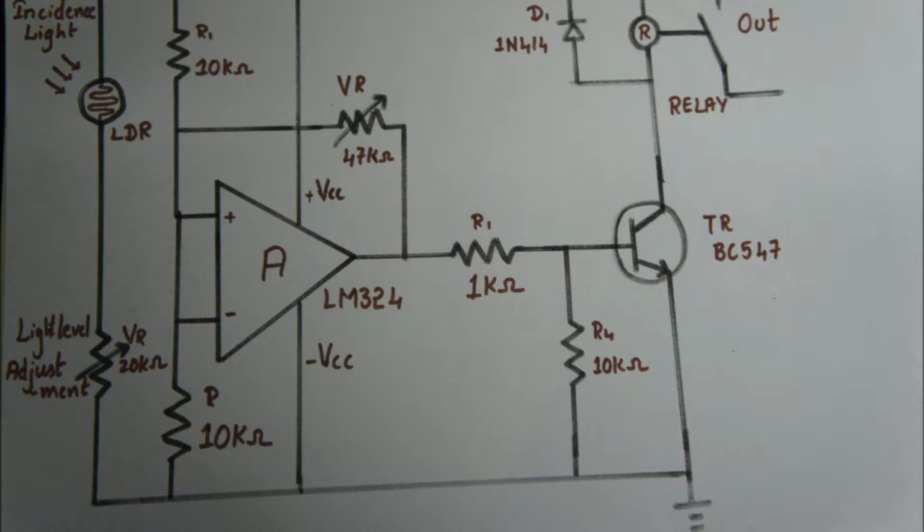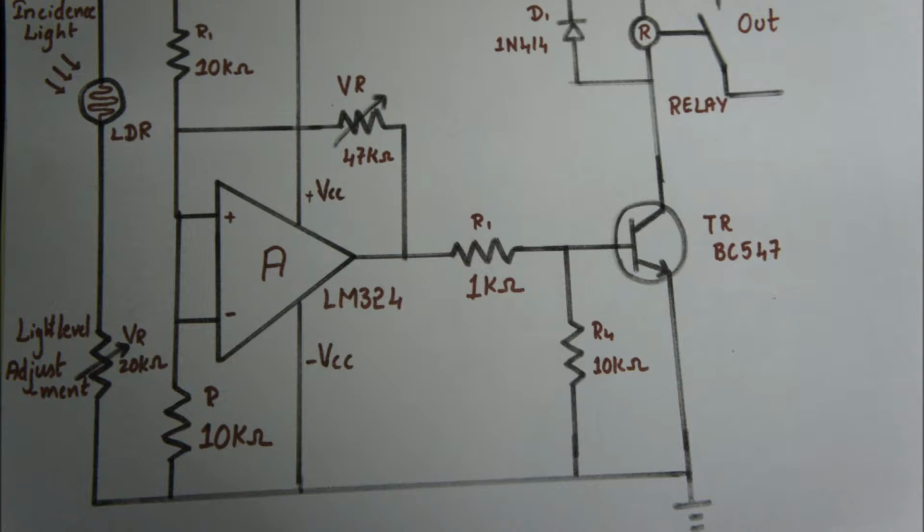In this circuit, you can see we are using an op-amp LM324 and an LDR. LDR is basically a device where the resistance offered by this component is inversely proportional to the intensity of light applied. In this, VR of 20 kilo ohm pot is acting as a light level adjustment, and the other VR acts as